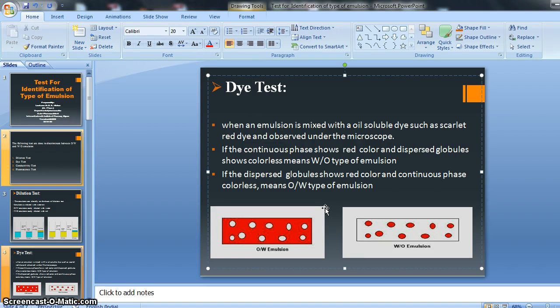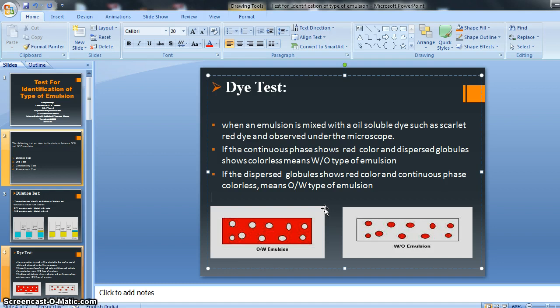Then after some time we have to take a microscope slide, and put one drop of that mixture of emulsion and scarlet red dye onto the microscope slide.